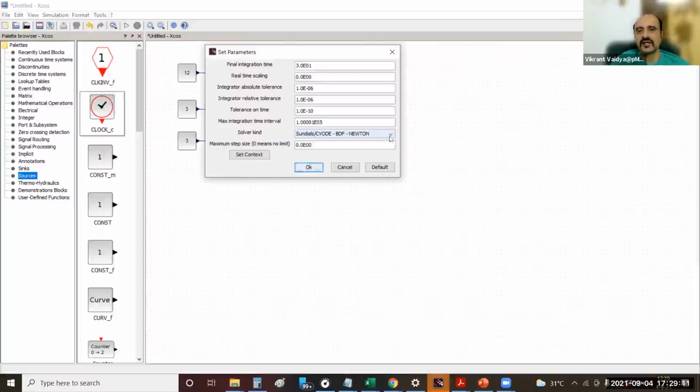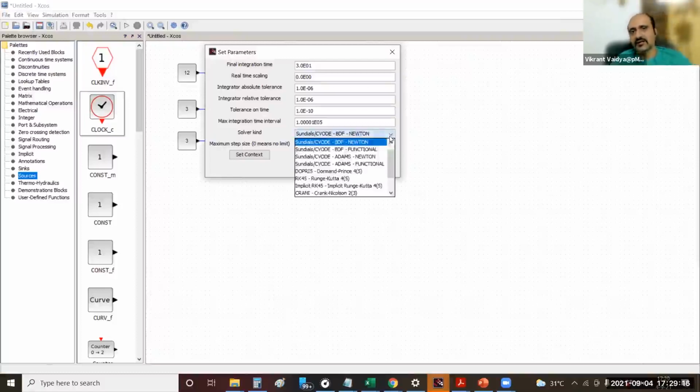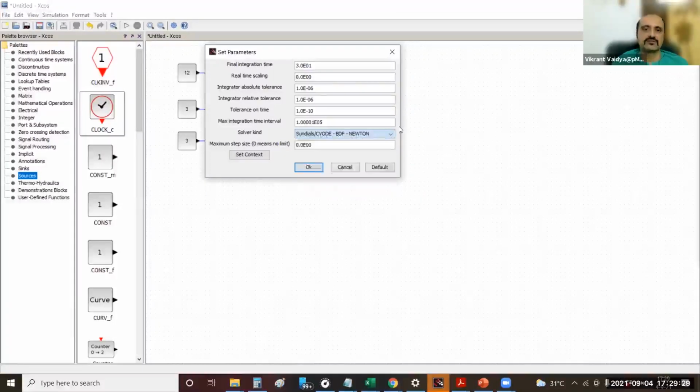There are many other options available there. If you are familiar with what they are, you are free to try them out. Otherwise, leave it by default at this Sundials CVODE BDF Newton. So do not change anything there.